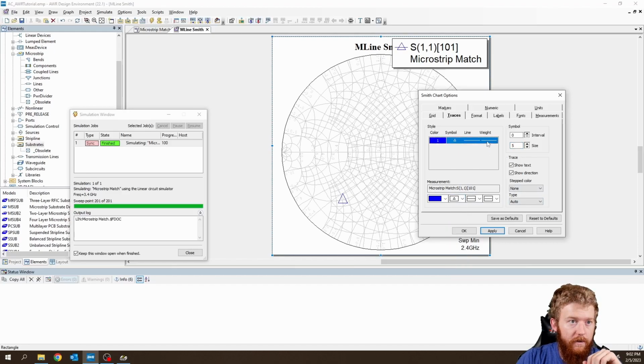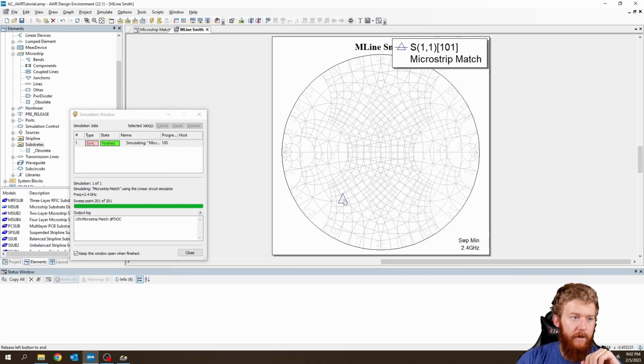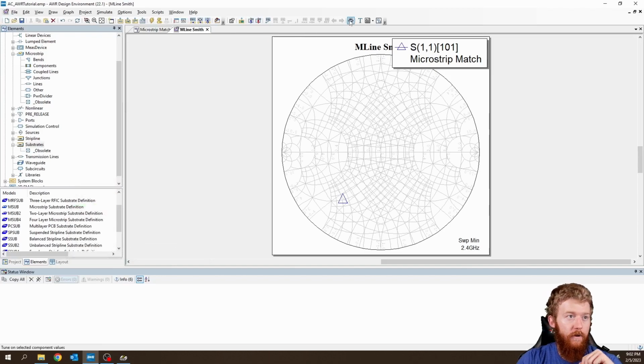If I change the weight, perhaps. Okay, maybe we're just out of luck. So I'll just make it a little bit larger and make it 10. Okay, so if we hit Apply, now we can see this marker here, although it's a little bit tougher to tell where the center is. That's okay. We can see that our marker is on this line,